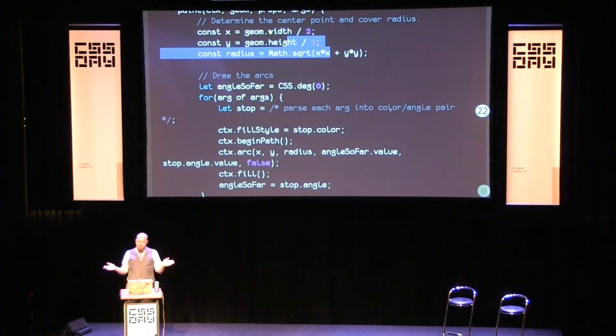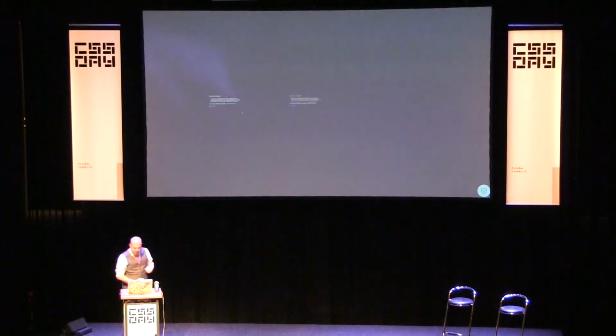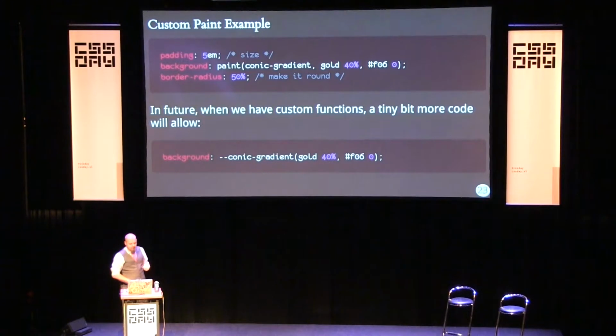Again, you should look at the working example from yesterday, but the end result is that you can just use the paint function, pass it the name of the thing you need, conic gradient, and the arguments that it wants, and you'll get the conic gradient painted without having to wait for implementations to catch up.